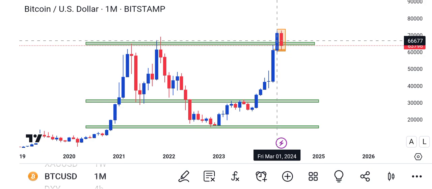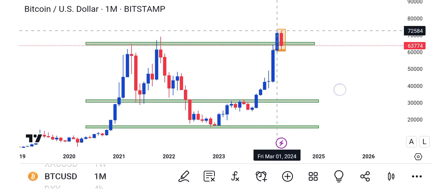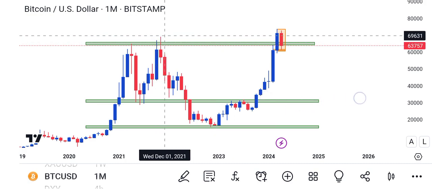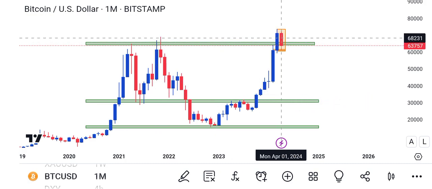A normal uptrend is supposed to give a high, a low, a higher high, a higher low, a higher high. But this high is not really higher than this high. I can't really call this a higher high. I don't know if you understand me. And with this bearish candle I'm seeing, well,